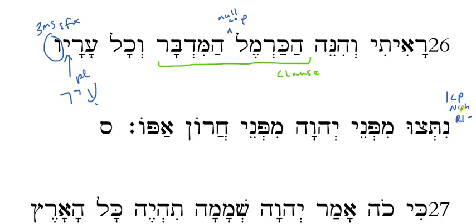This could be a niphal nun, and if it is, then I need to bracket it out as something that is a prefix that indicates the niphal stem, and then I have to go back and ask myself, if this is a niphal nun, where do I see the niphal nun prefix? Well, I definitely see it in the perfect. Where else do I see it? I could see it in the infinitive absolute. That's a possibility. And I can see it in the participle. Okay? So those are my niphal nun prefix possibilities.